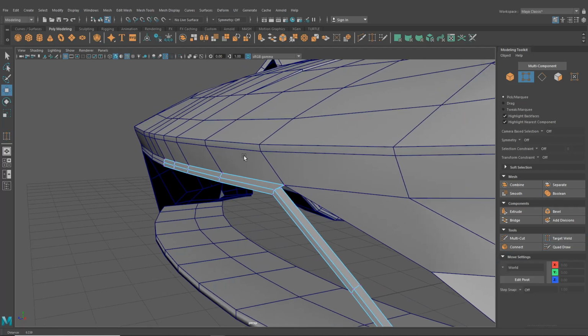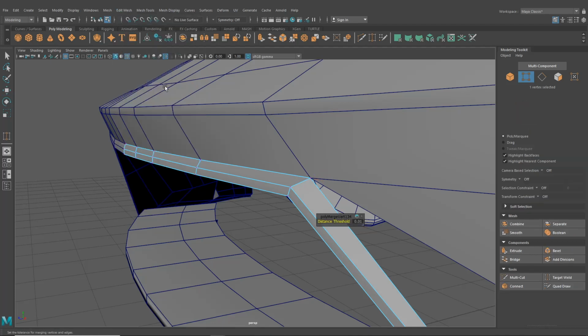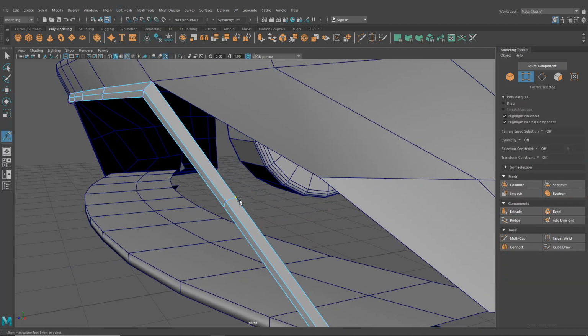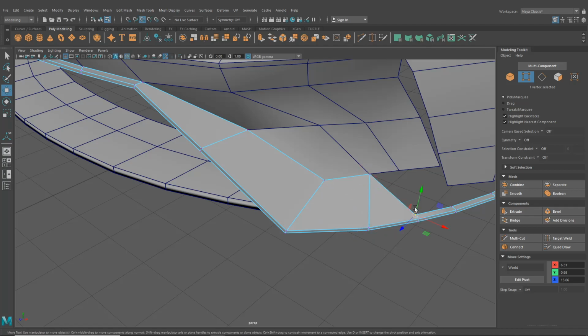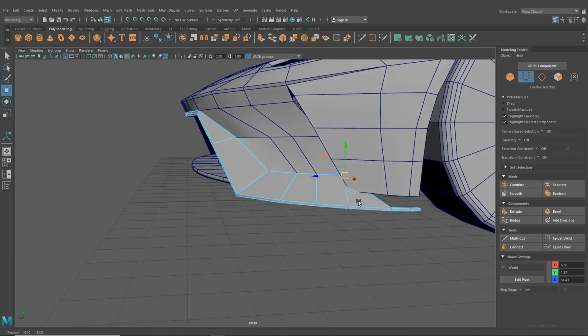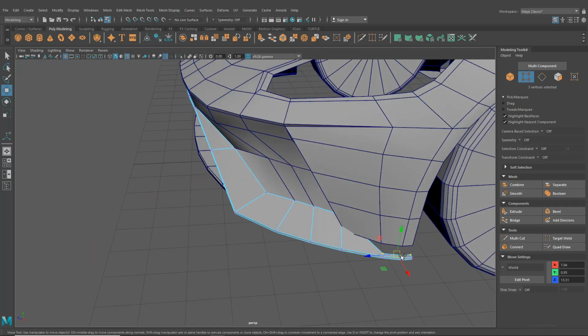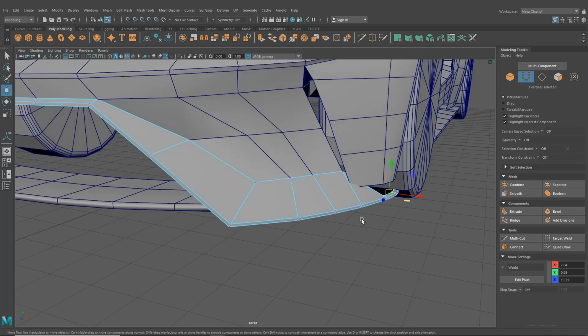Looks like it's not registering, so I'm going to grab it, hold V, and merge those together. I'm going to take this one here, hold down V, and take it over there. And then I'm just going to do the same, hold down V, bringing all of those up into that required position, and then these last ones here, we don't really have anything left to snap to, but